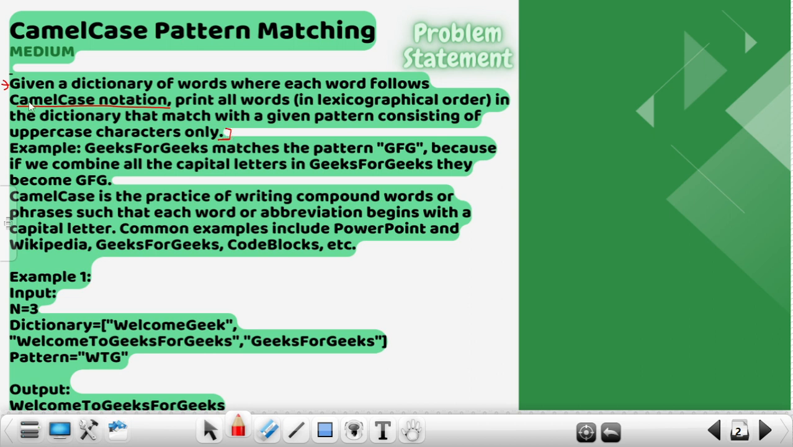Okay, fine. So what exactly is a camel case notation? Let me explain. Even this is given at this point, you can see that camel case is the practice of writing compound words or phrases such that each word or abbreviation begins with a capital letter. Let me explain this thing. Whenever we talk about compound words, we are talking about a group of words. For example, let me write